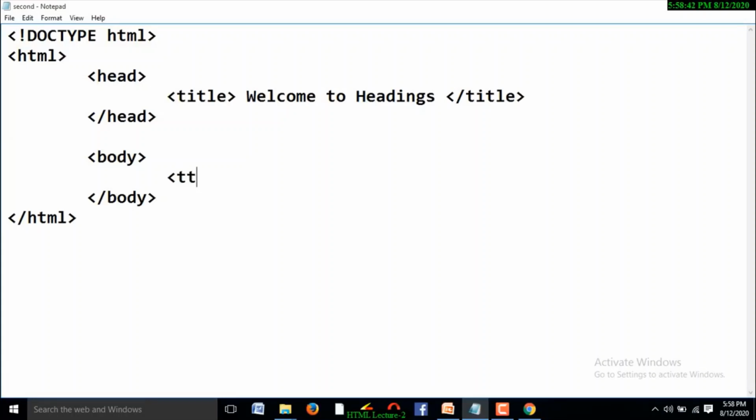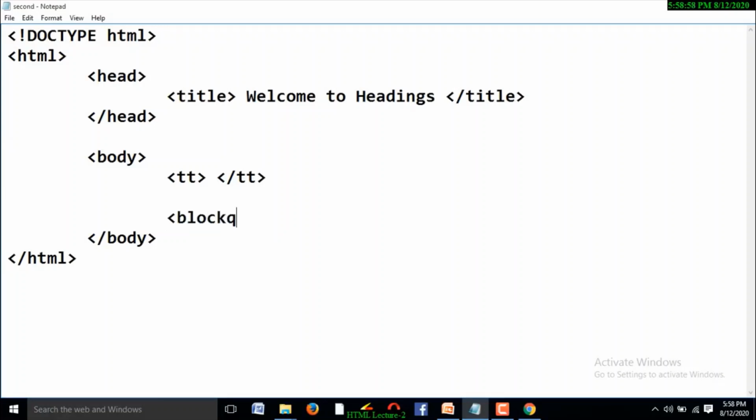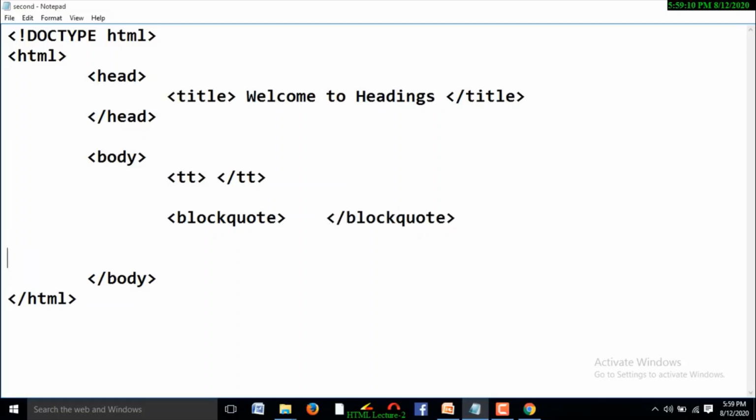Teletype text, yes. Next one, block quote, this is closing of block quote, and the last one is small.